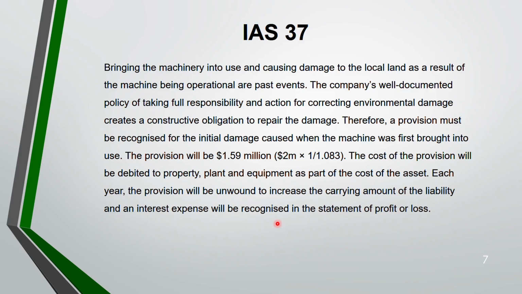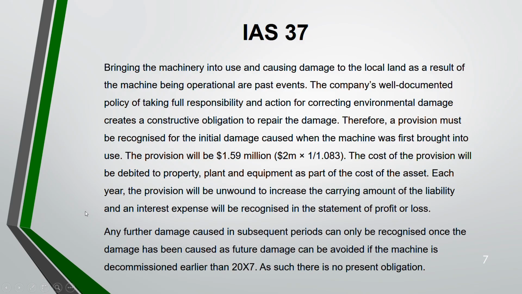The amount that you get is your interest expense that goes into your statement of profit and loss, and also you have to add it to your provision, which will increase your carrying amount. Okay, so you keep on adding like this, 8% on 1.59 for the first year, second year, third year. At the third year, your value should be 2 million, and 2 million is your future value. Okay, now